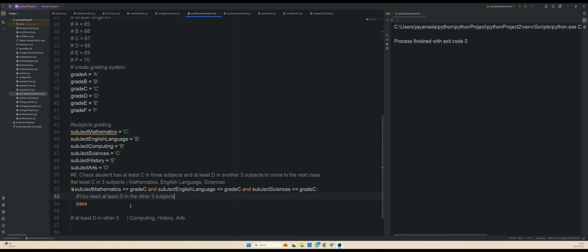But what if they don't? Then I will come here. So if they don't meet this criteria, then I want to say else. Because this is either or, I don't need to